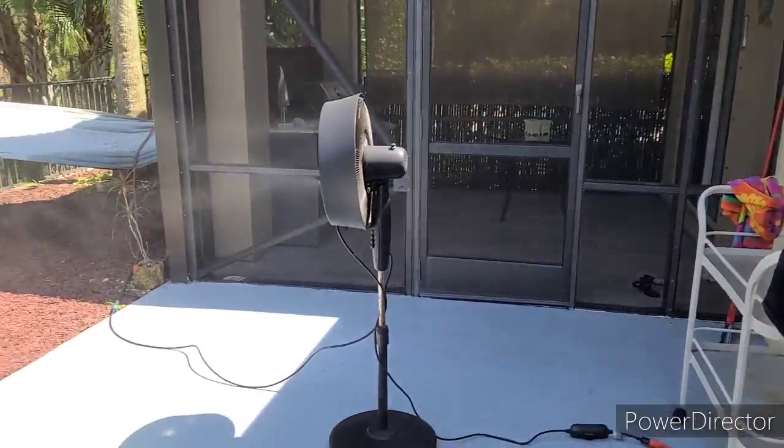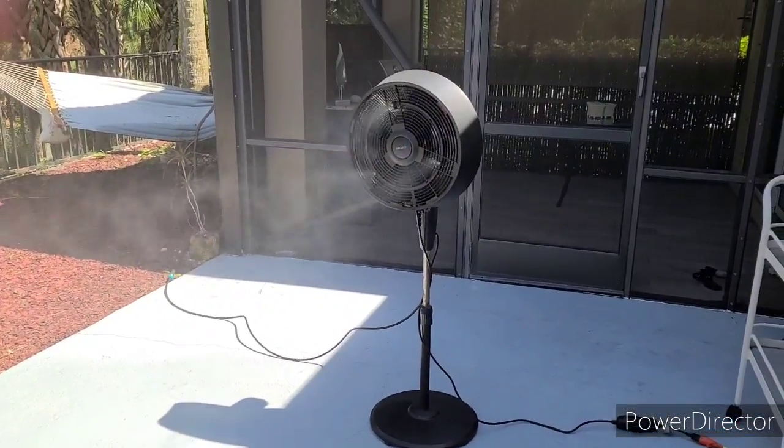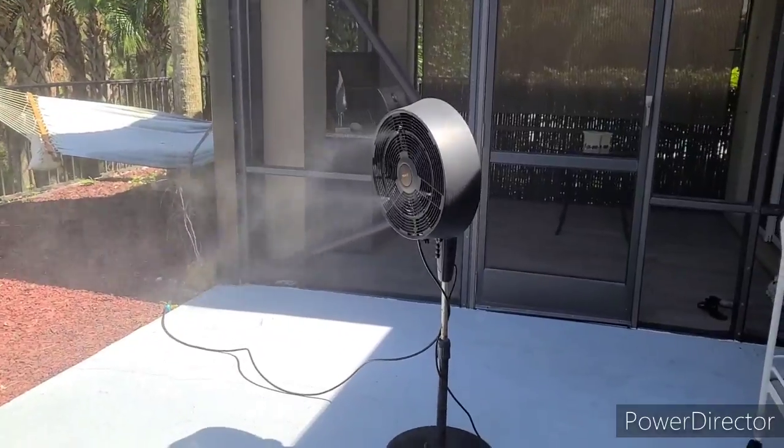But I'm gonna flip the camera around and show you what I purchased. And this is going back in 2018, so I want to say it was under $100. It was probably like $70 or $80 or whatever I paid for this thing. But hang on a second. So this is it. It's a Newair misting fan, and honestly it really mists and it blows